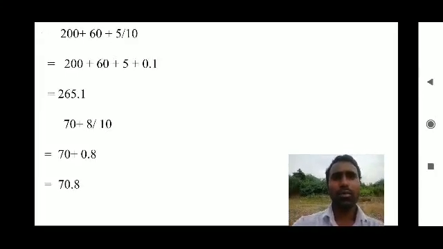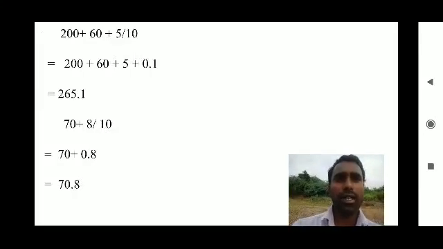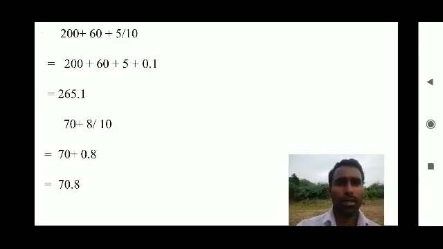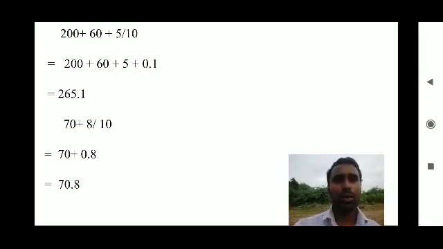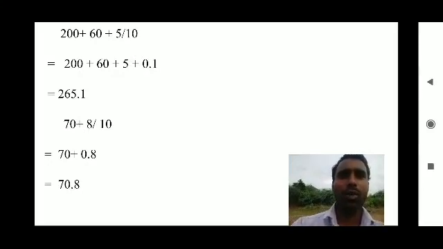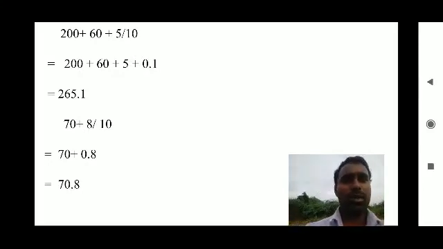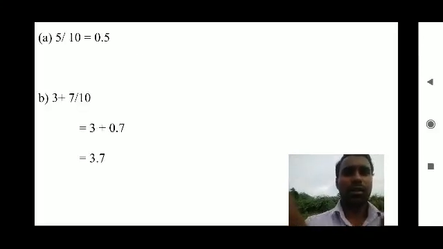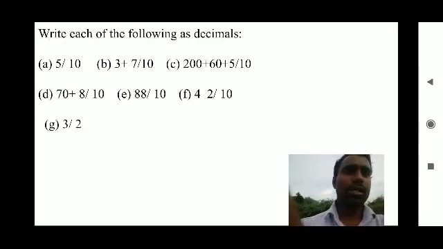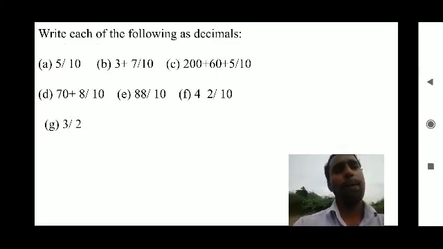So the next one, 200 plus 60 plus 5 by 10. First, 260 and all, it is a whole number, right? So whole number, just add it. 200 plus 60, 260. 5 by 10, okay. See one thing, there is some problem here. I think so. Just a minute. I will look at the question. 200 plus 60 plus 5 by 10. Okay. So anyway,